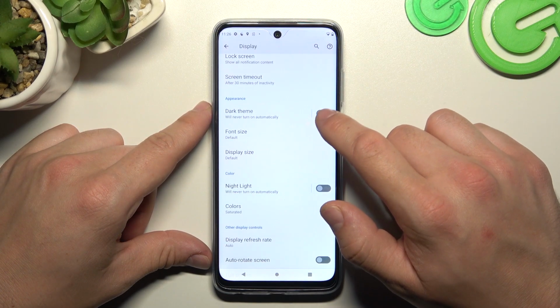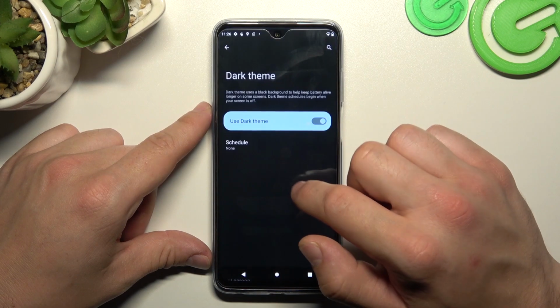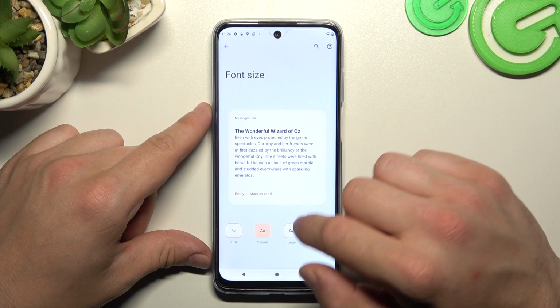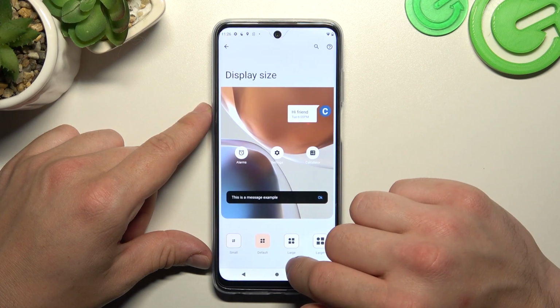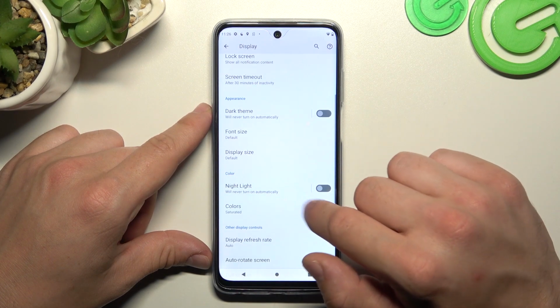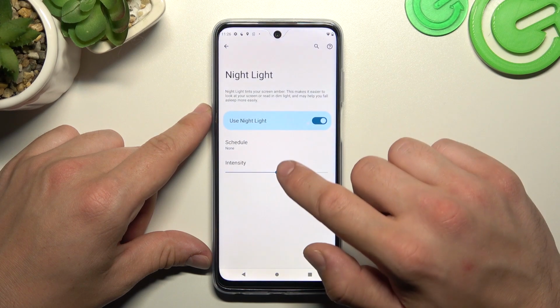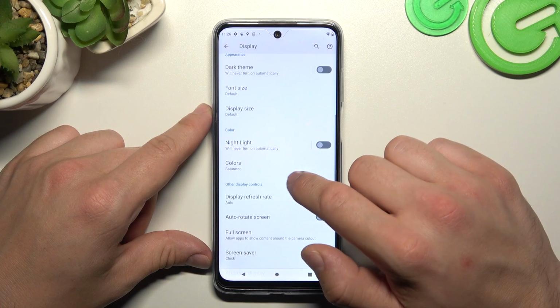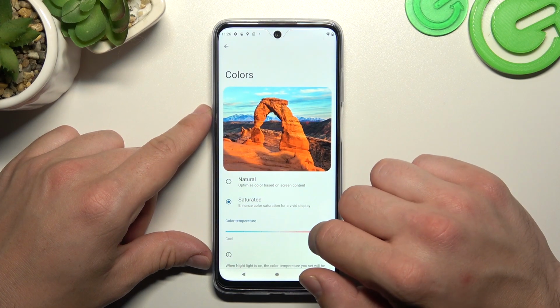And next we can enable or disable dark theme and schedule it. Next we can change font size, display size, enable or disable night light, schedule it and change its intensity. Then we can change colors of the display,